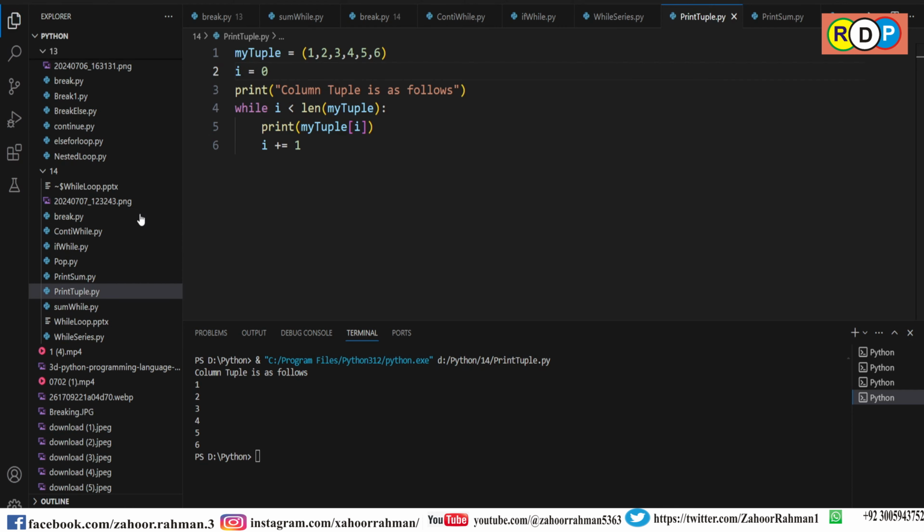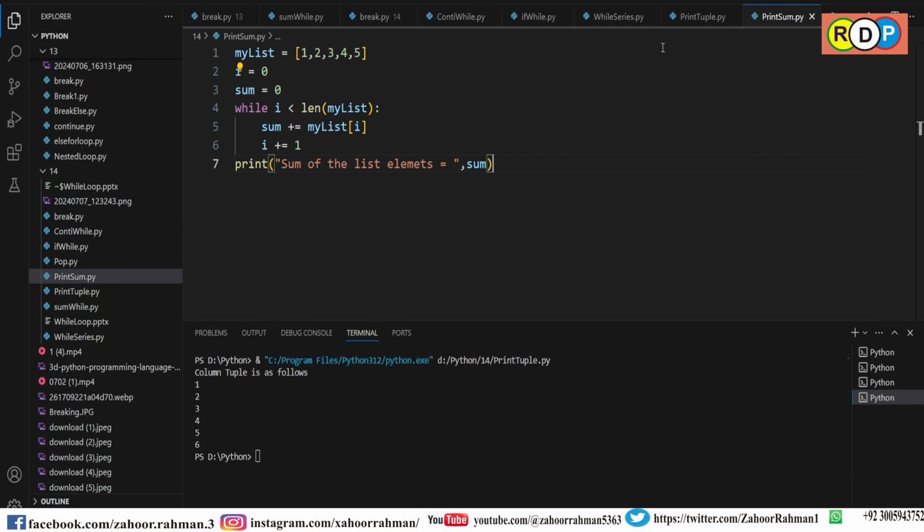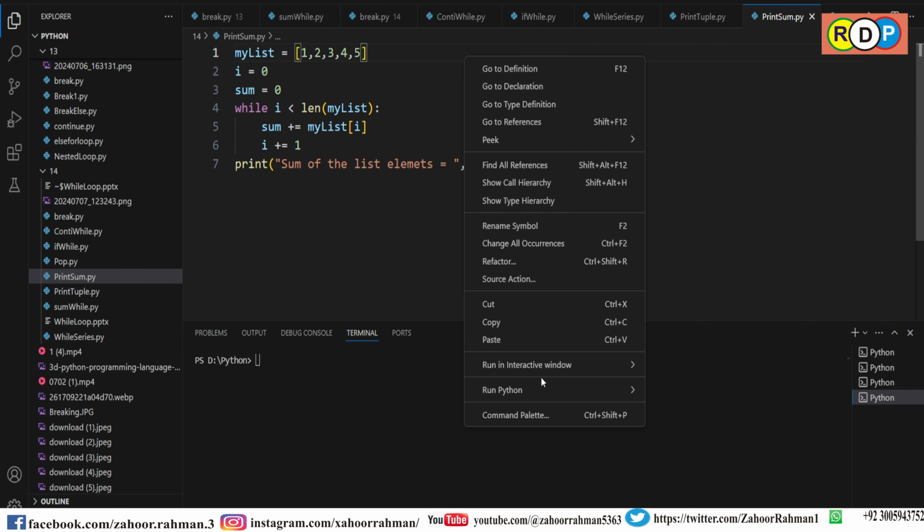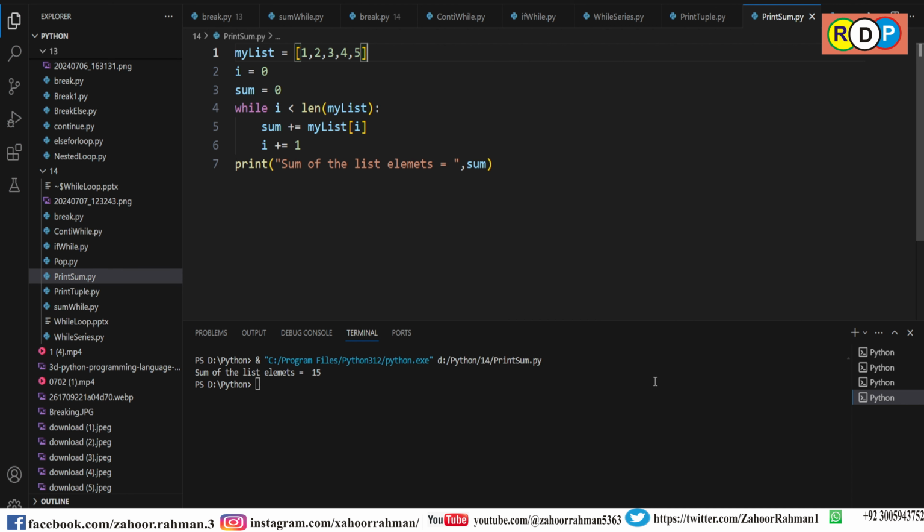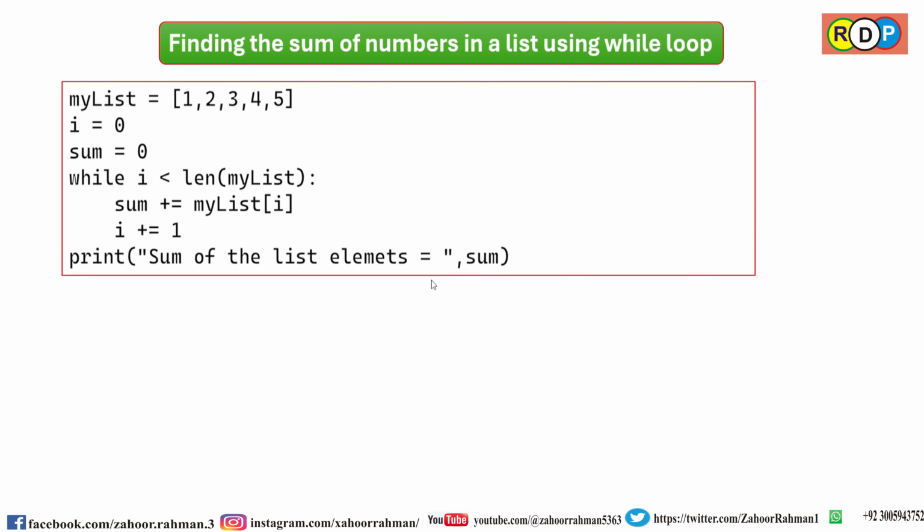Let's observe it practically. This is the program which will provide you the sum of the elements directly. I am running this program, so it is giving us the sum of the list elements is 15. Whatever values are available here, it will print the sum of those values. Okay, next is